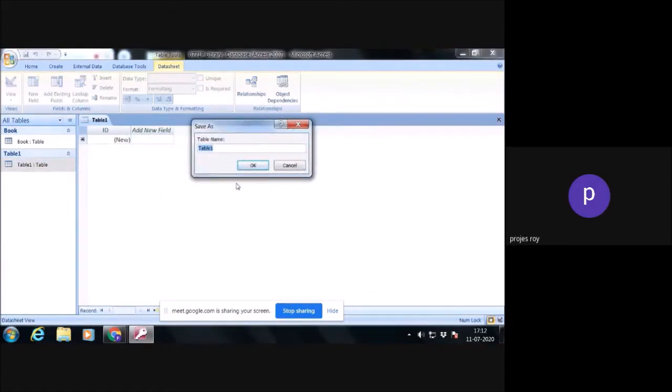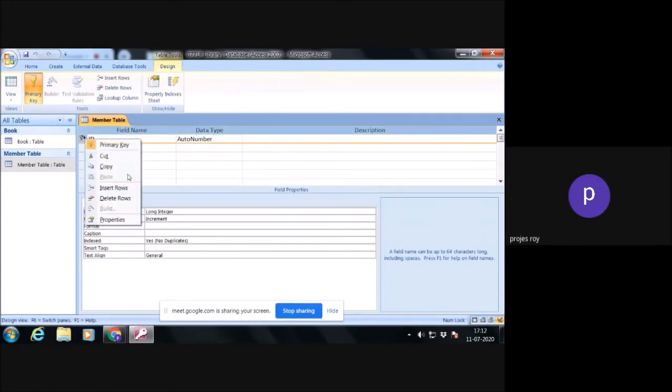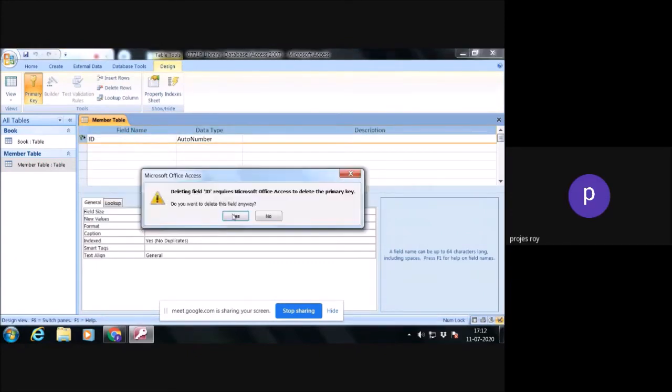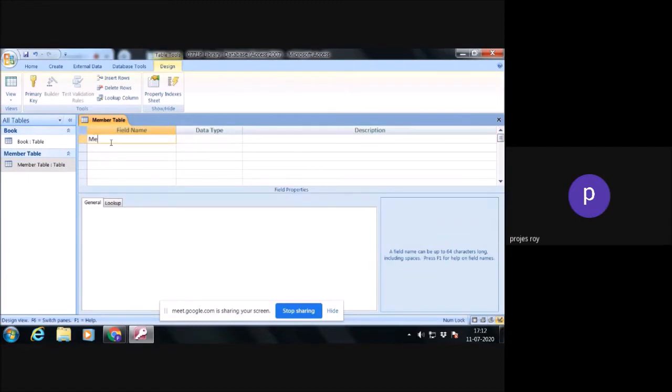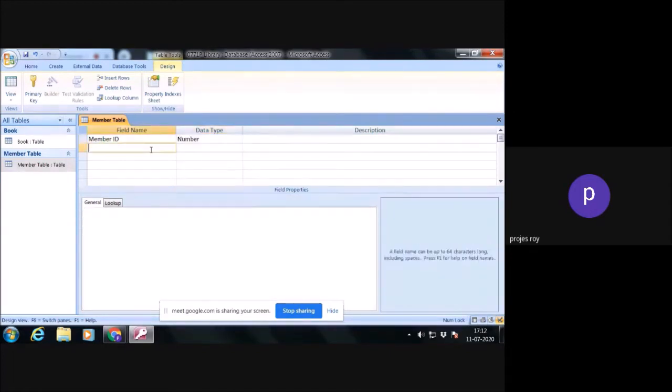Before design view, it will ask the name of the table. Here you can put the name of the table, it will be member table. In member table, we just delete this one because we don't require it. So member ID is the unique one. It will be numeric, number.